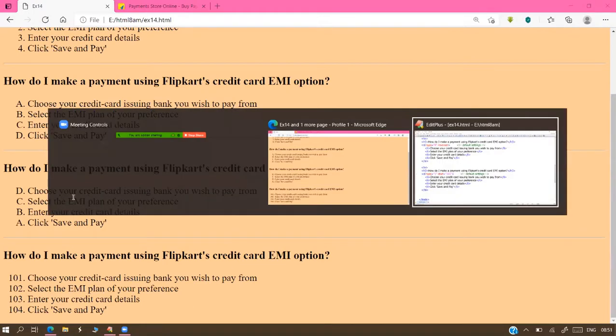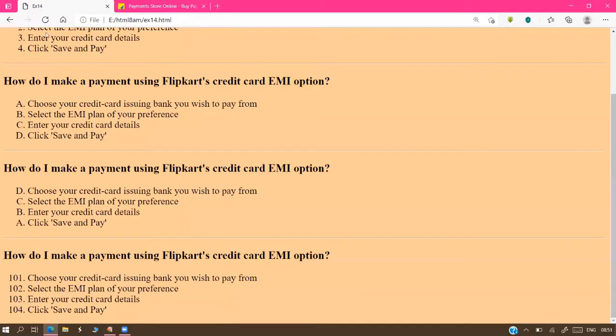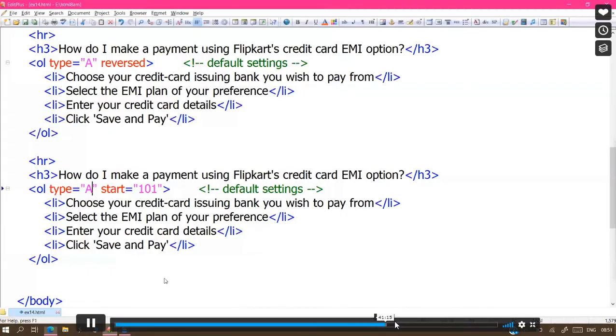If it is alphabet, sir, alphabet also works the same way. I mentioned capital A, sir. Now alphabets also start with 101. Alphabets 101? Alphabets are not available, sir. No, no, here we have CW. The serial number starts with CW. How, sir? First A to Z, 26 over.